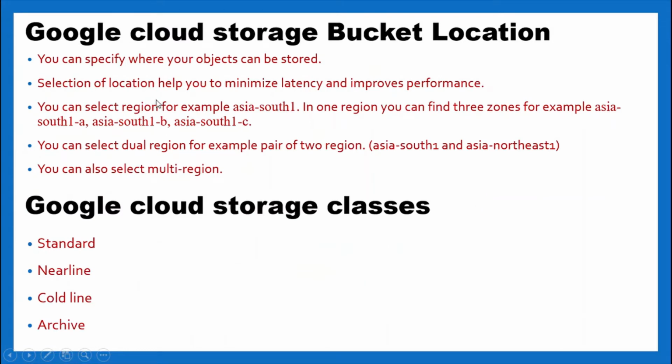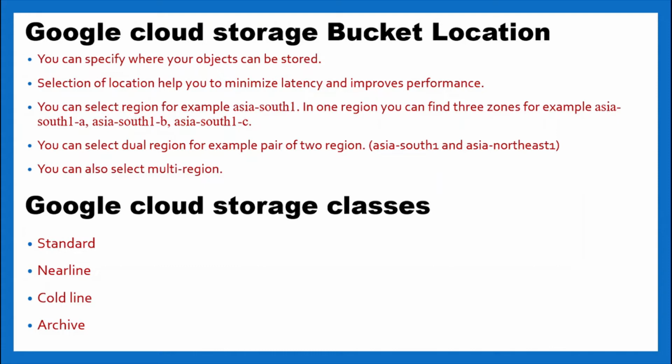Next is, what is the Google Cloud Storage bucket location? We should choose the bucket location as per our requirement. Let's say we are using an application that will be accessing data from Cloud Storage, and the application users are mainly in India. So you should choose a location which is near to your application users. For example, you will choose India, so any of the regions in India. In this way you can minimize the network latency,